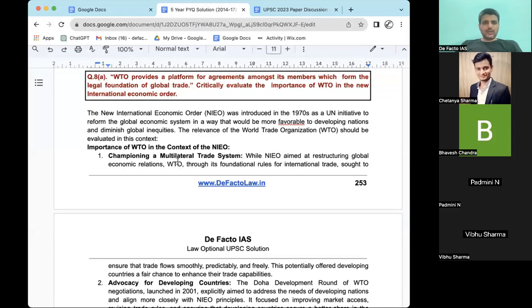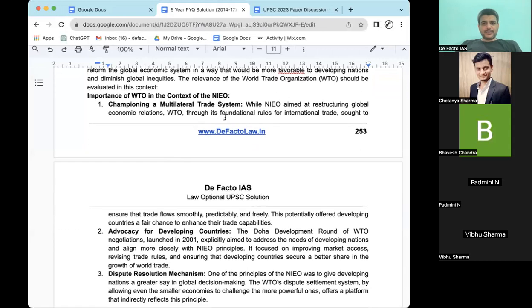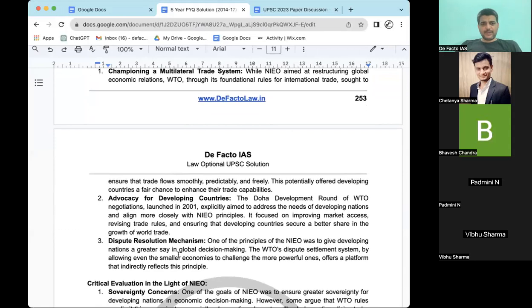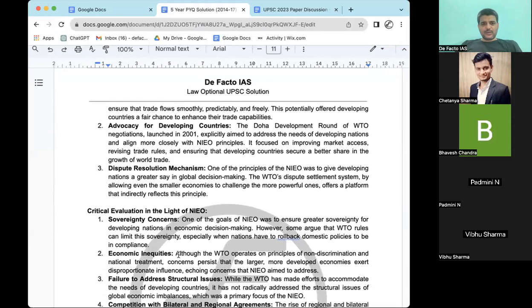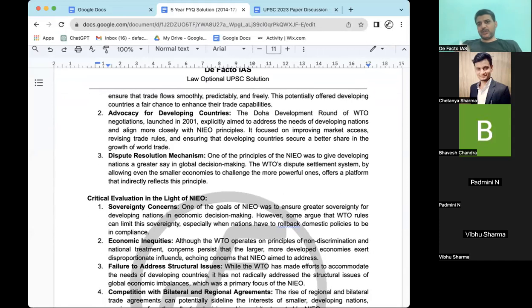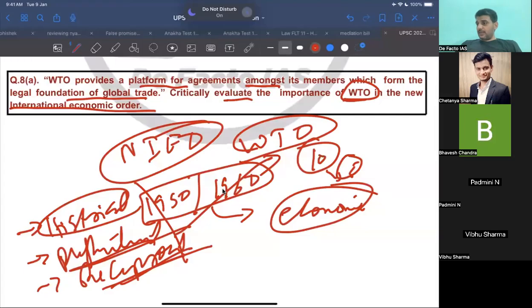ये in fact मैं बना भी चुका हूँ, ठीक है, कि multi trading system NIEO के principles थे, developing countries NIEO के principles, ठीक है। NIEO principles have to be connected with WTO principles, ठीक है, it is very good. ये वाला मैंने अभी बनाया है, obviously सब नहीं बनाया मैंने, लेकिन मैं obviously धीरे धीरे सब बनाऊंगा। ओके, चलिए अब आगे बढ़ते हैं। Let us come to 8B,